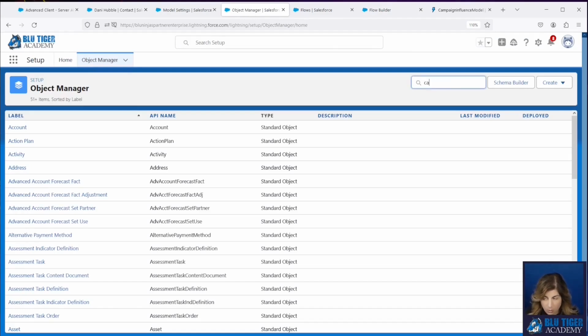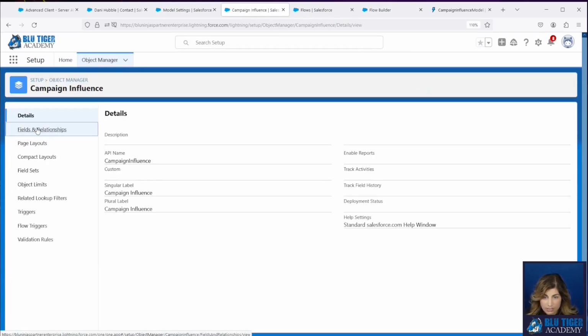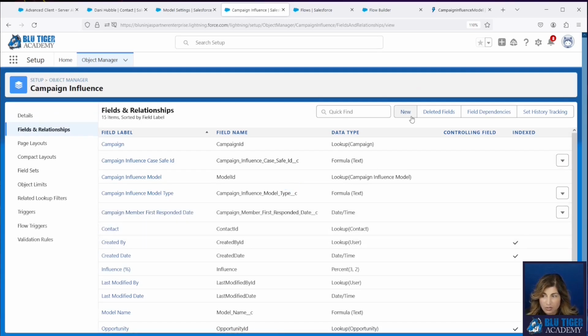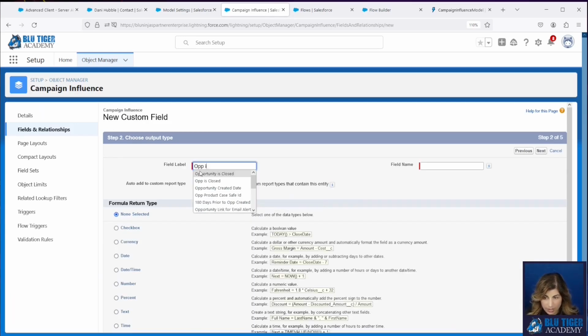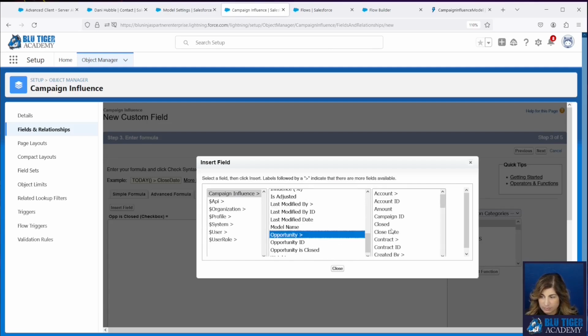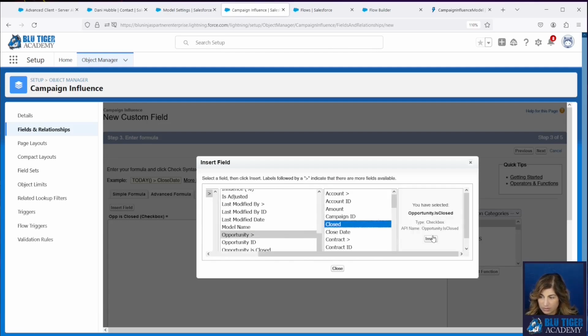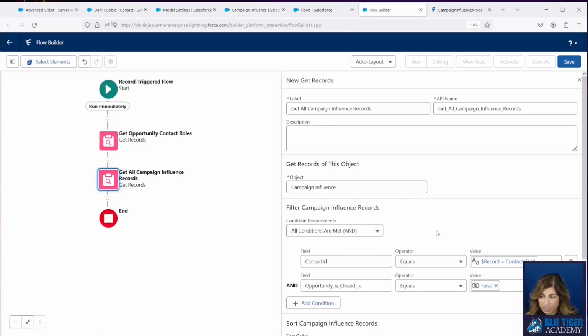So you'll go to your object manager, go to your campaign influence object, and create a new formula field just like you did on the opportunity contact role, that will help you find whether or not the op is closed. I'll show you what that looks like quickly here. Closed, you can insert that in, and that's all you need. Then you'll be able to use that in your criteria right there.